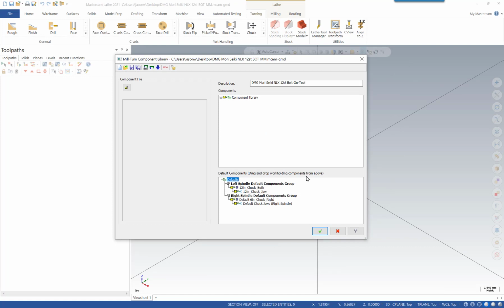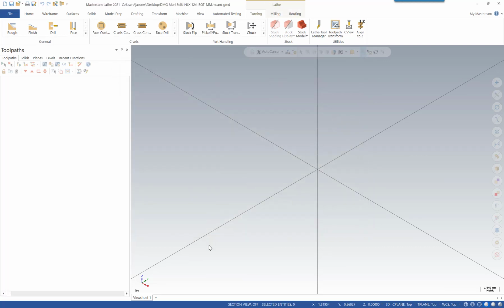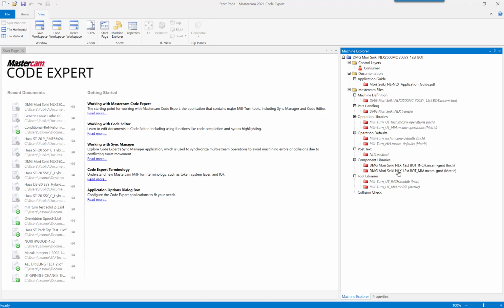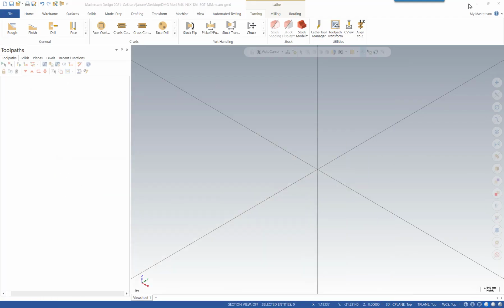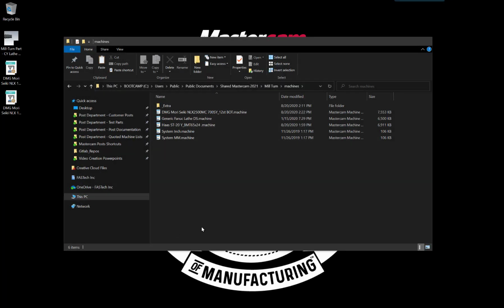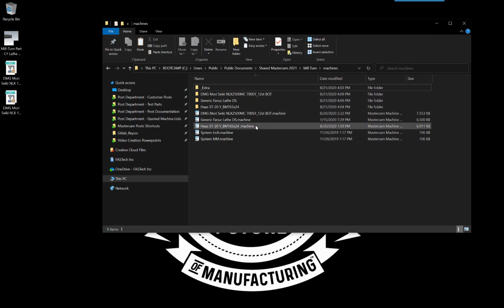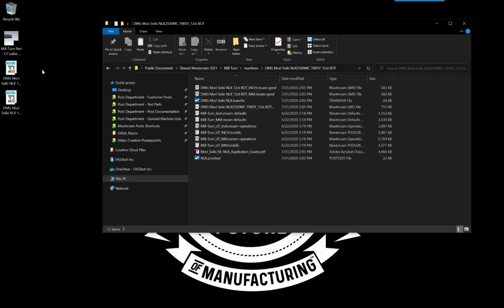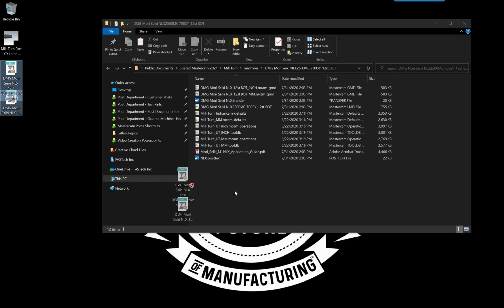The last step is we want to add those back into our machine environment. So we can close out of this window, and we still have our Code Expert window pulled up. This is still referencing the same .machine file that's located in the previous location that we viewed it in. So I'm going to minimize this for a second. We'll go to our desktop, and then we'll pull up that same window that we had before. If you recall, we pulled the GMD files out of the subfolder for this machine. So we can simply open that back up, take our libraries, copy,